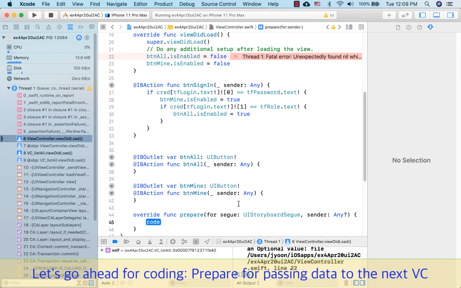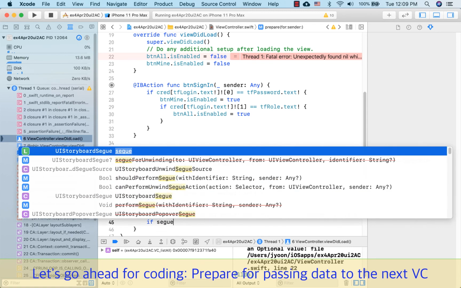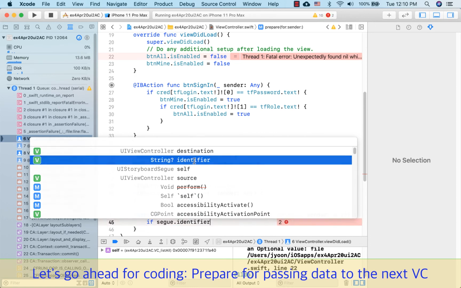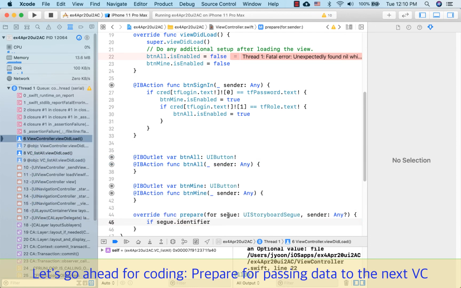So what happens here is that if this segue dot identifier, this is a local variable identifier. If that identifier is the same as segue all, okay, then